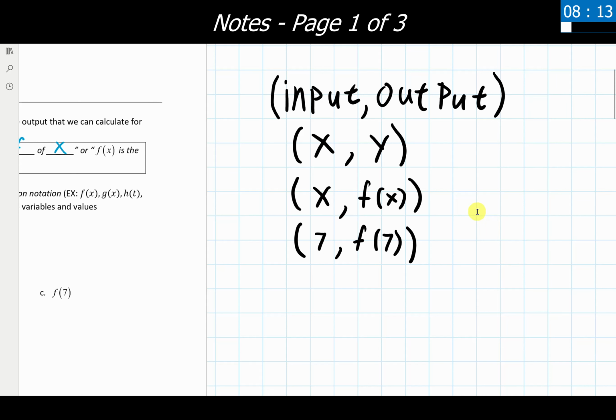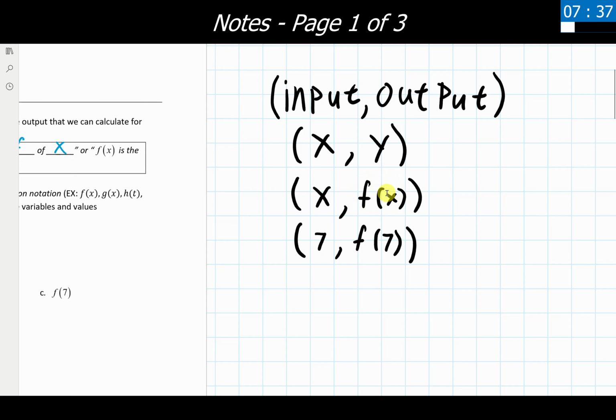So, by and large, when we are working with an ordered pair, we have an input value listed at the front, the comma, and then an output value listed at the end. Up till now, we've used x and y quite a bit to describe input and output values, and that still holds true. However, when we start to use function notation more, we're not going to have y showing up in there. The output value is now going to be listed as f of x. It is this entire thing that is the output value.